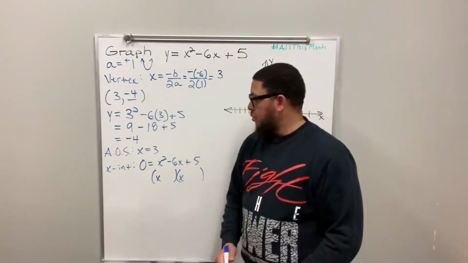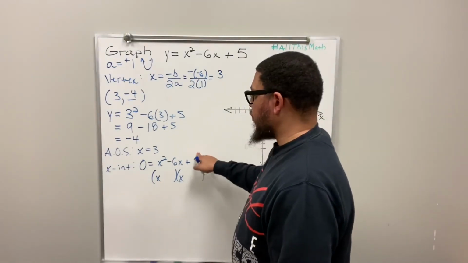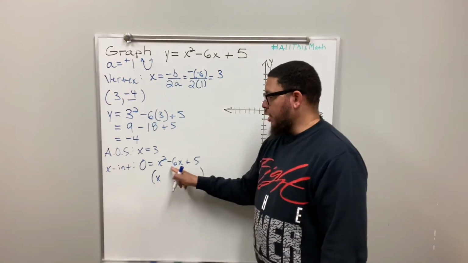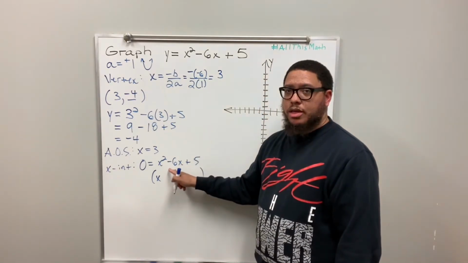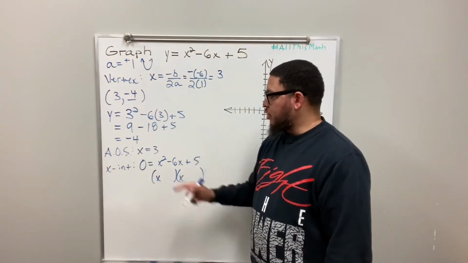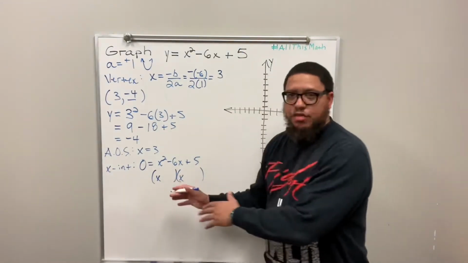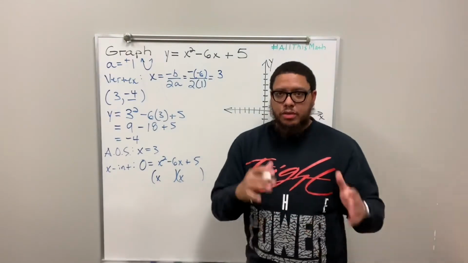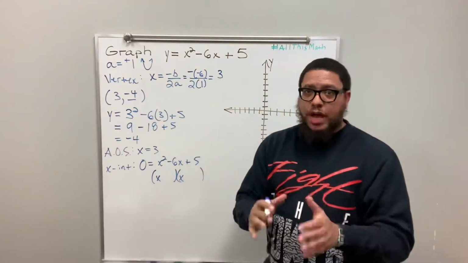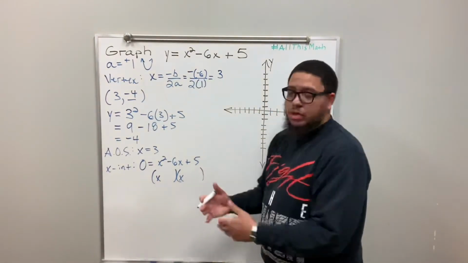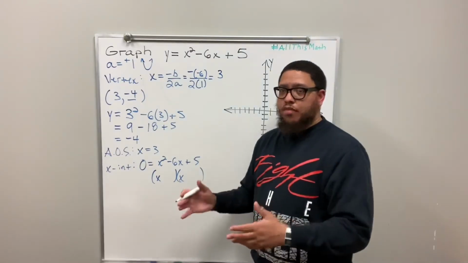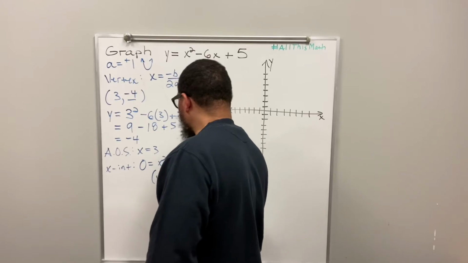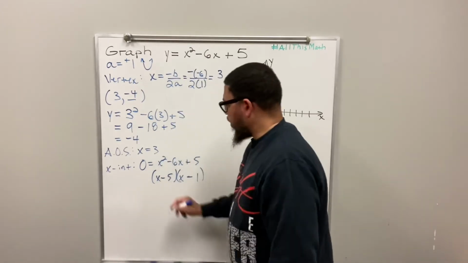I'm good to go. So I know that -5 times -1 equals +5, and also -5 plus -1 equals -6. So those are my two factors. And that's one of the methods of factoring. I have some other videos on factoring if you need to brush up on those skills, because knowing how to factor is critical. When you come to the table, you have to already kind of know that. You have to know how to factor so you can do this work. All right, so I'm going to do -5 right here and -1 right there,